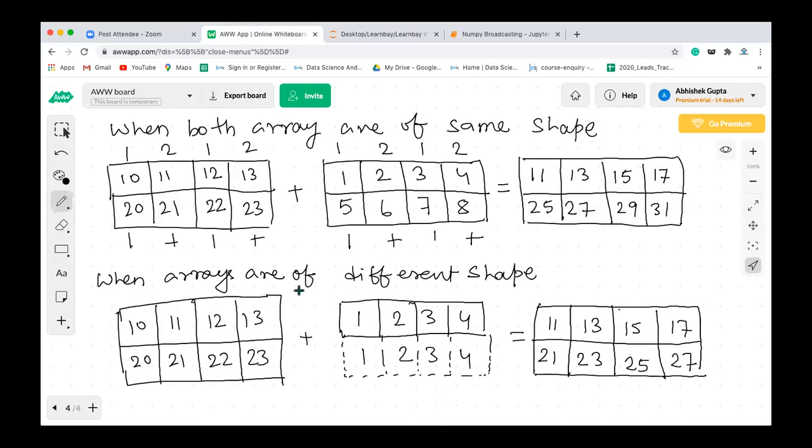Clear, everyone? So this is how array broadcasting is done when the arrays are of different shape. Clear? So this is array broadcasting of an array of 2 cross 2 versus an array of 2 cross 4 versus the array of 1 cross 4. Now let's see how the broadcasting happens